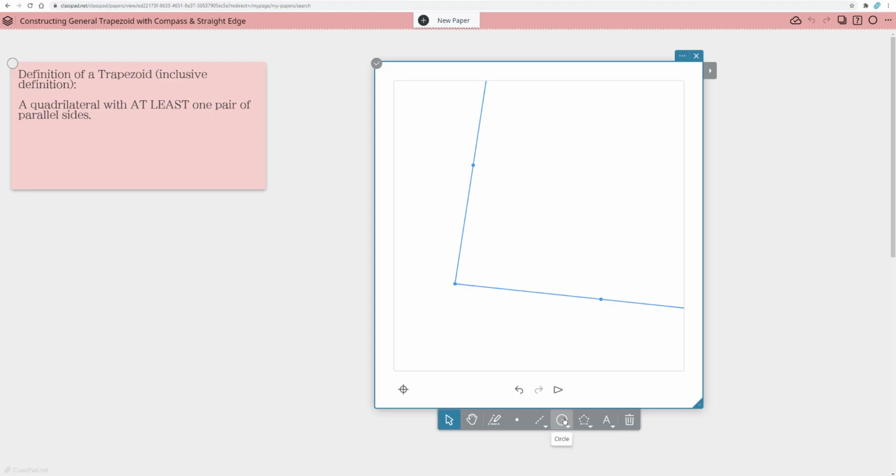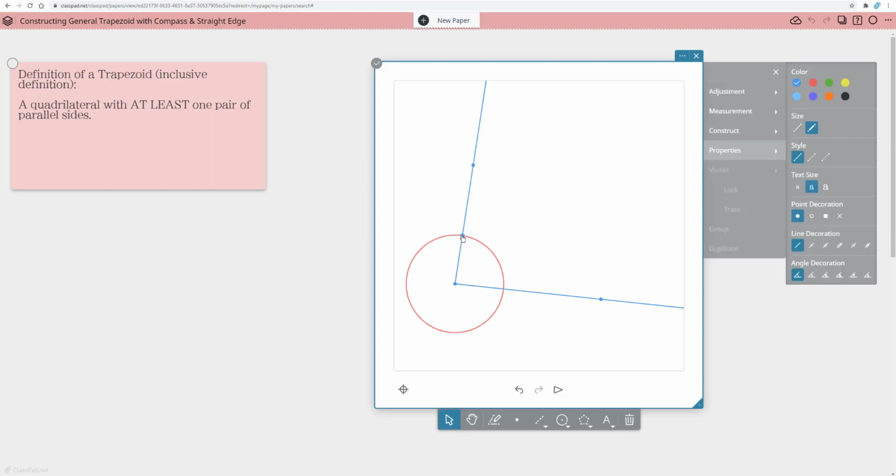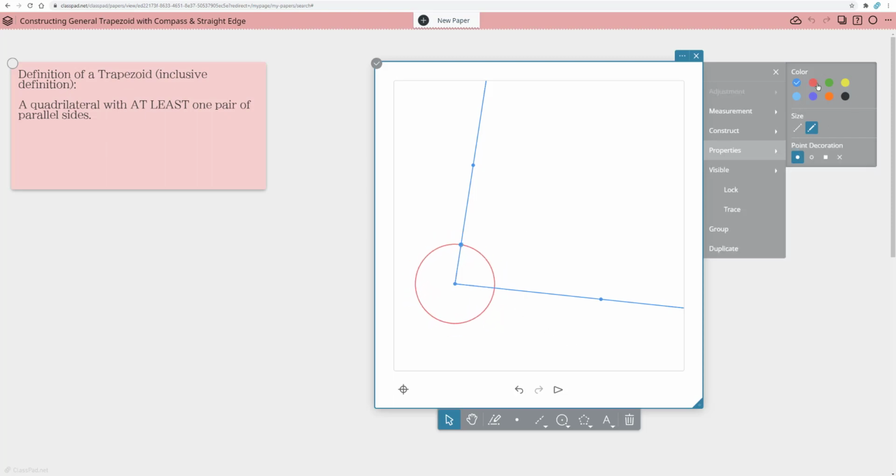So here's my one angle for my beginning straight edge, right? So I'm going to get my compass tool, and in this case, I'm just going to use a circle. So ask students to get their compass tool, place the center on the vertex of the angle they have, and make a circle. And it doesn't matter how big or small they make the circle. The key here is that it's intersecting both sides of that angle that they have. So I'm going to make it intersect both sides. I'm actually going to change the color of this as well so that my modeling stands out a little bit.